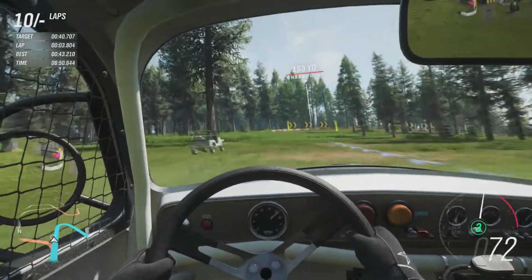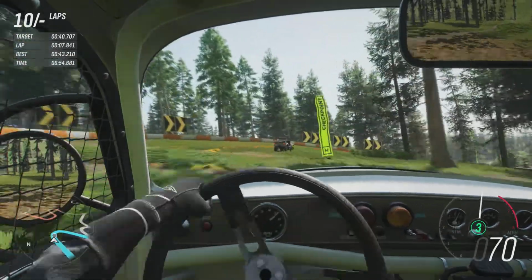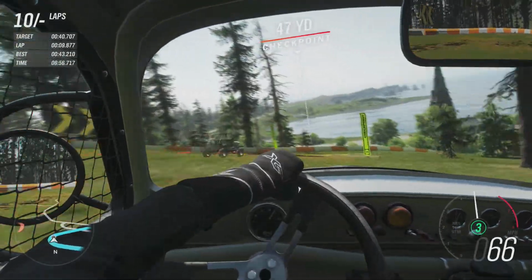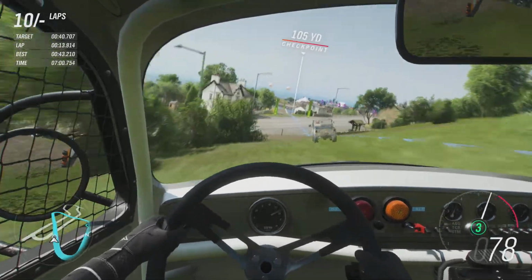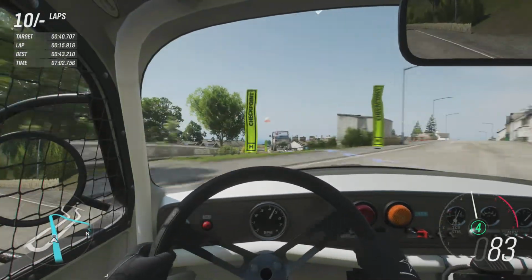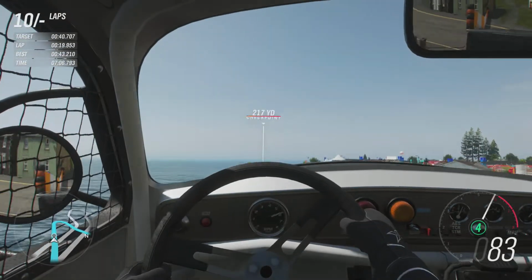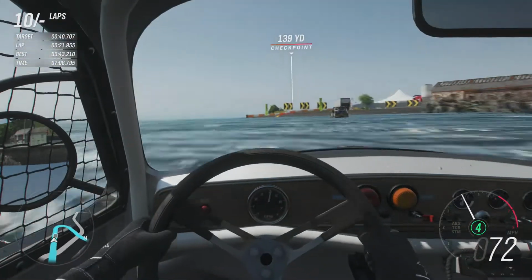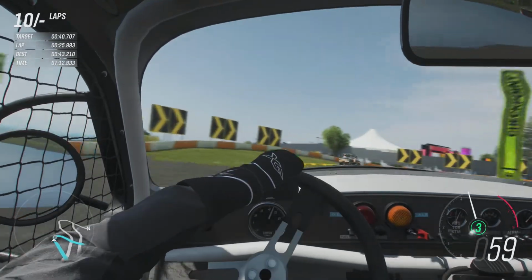Perhaps I shouldn't swing out so much up here. I'm making the track bigger. Bit too much braking there. That's so close to that wall, aren't they? Anything any closer, they would have been flagged on that. Tiny dab on the